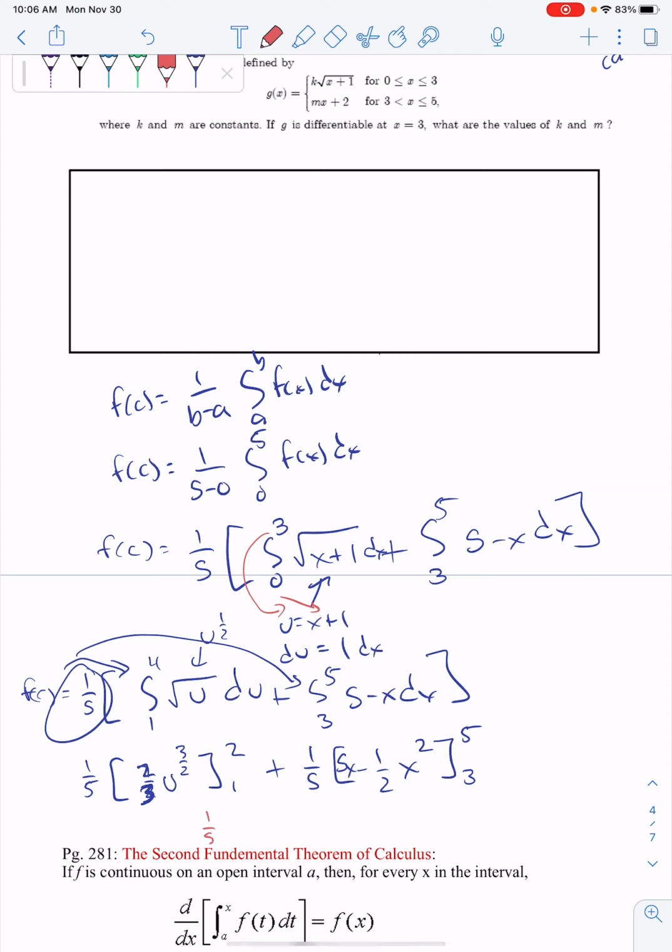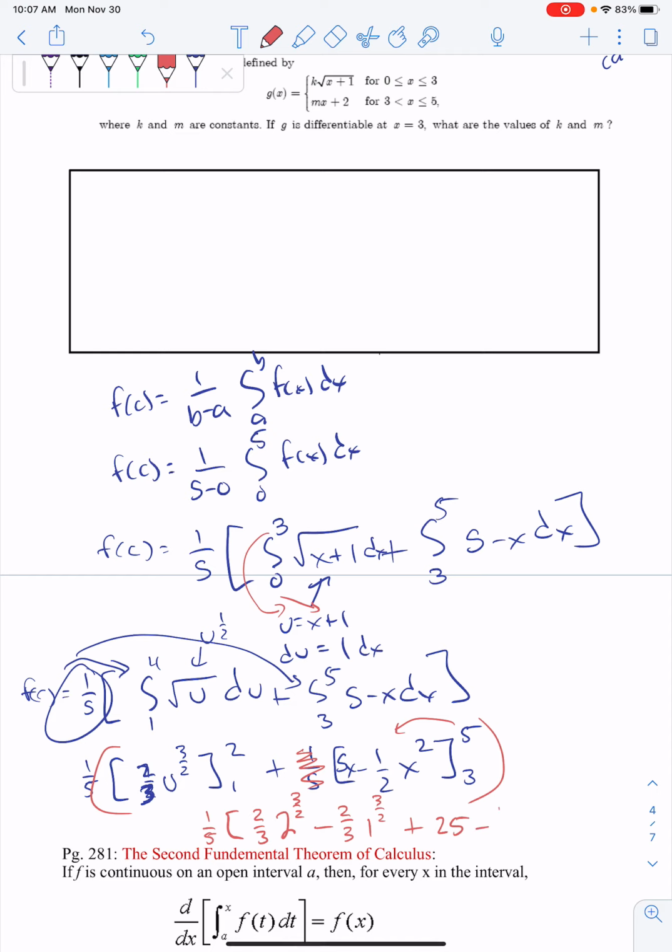So 1/5 multiplied by, well, maybe we didn't want to distribute that 1/5. Maybe we wanted to leave it out in front of a bigger bracket. So 1/5 multiplied by 2/3 times 4 to the 3/2 minus 2/3 times 1 to the 3/2, plus, I'm going to plug in the 5. So 5 times 5 is 25